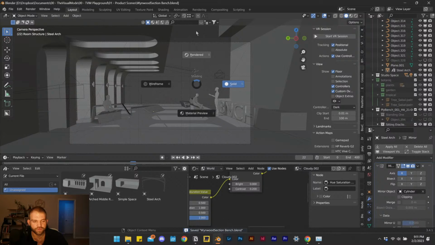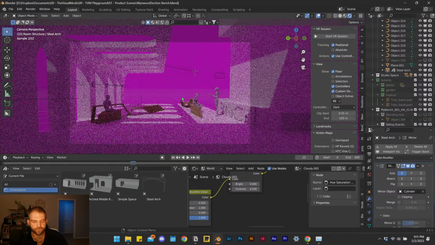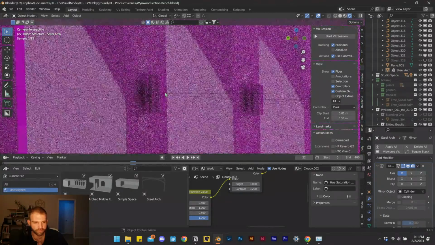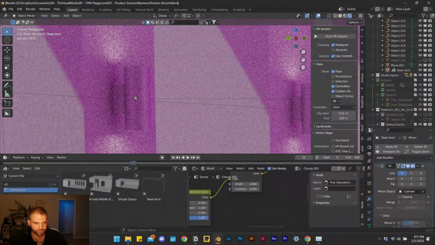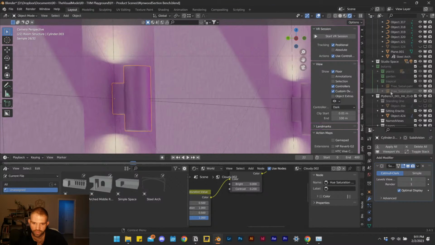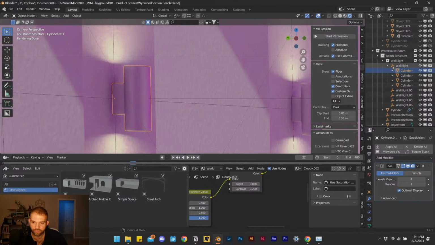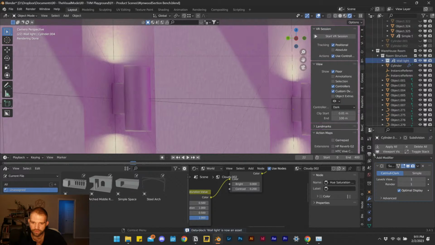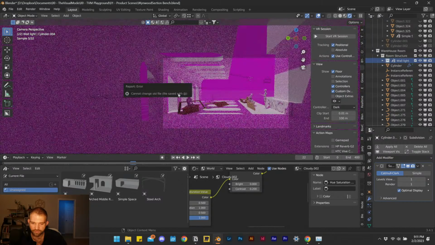But in this instance now, I'm able to use the elements in this file in other files. So for example, these light fixtures, I want to also take with me. So I could find out where that light fixture is, and I see the light fixture, the wall light, and right here is a whole collection of objects that produce this effect. So what I can do is actually now mark the collection as an asset. I'll hit Mark as Asset, and then save my file,